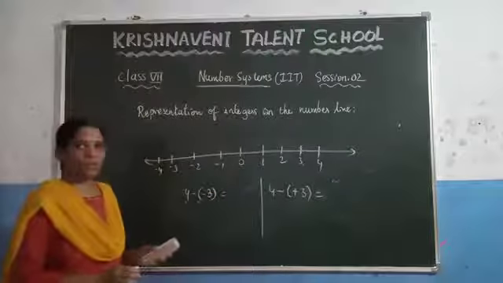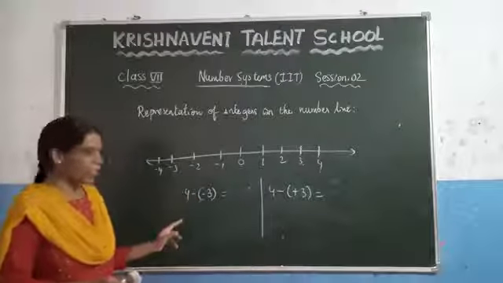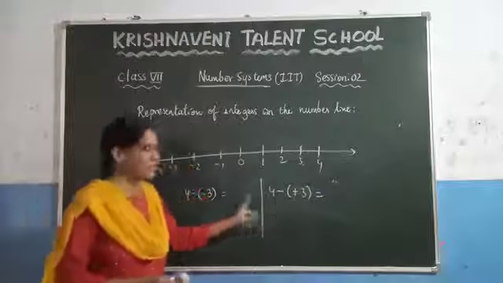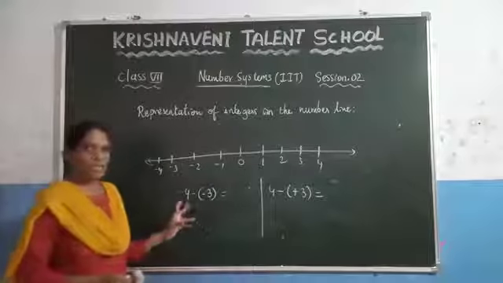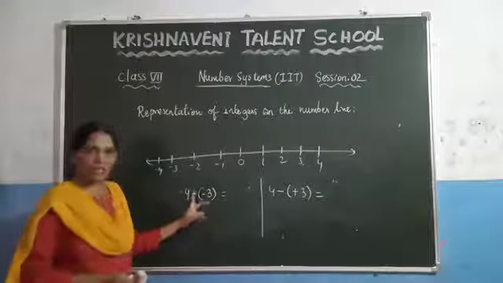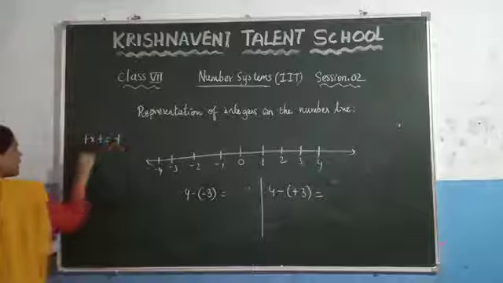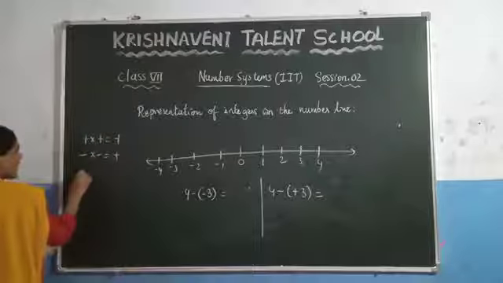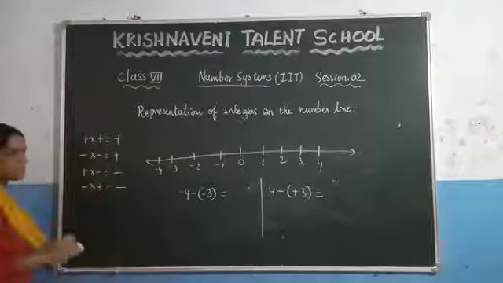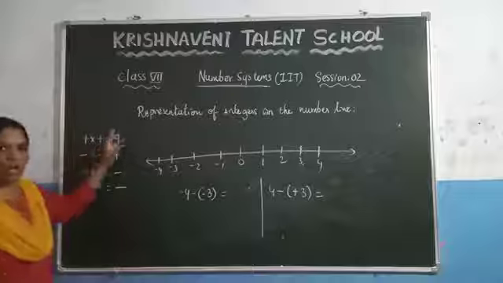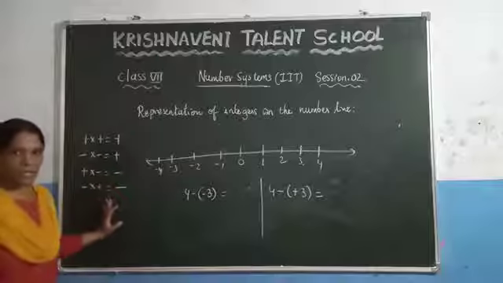Here before example what we have added a positive integer and we have added a negative integer. Here what we are doing, we are subtracting a positive integer and we are subtracting a negative integer. What we will get here? If you subtract a negative integer here, you know that minus into minus is always plus, and before this one you know that plus into plus is always plus, right? Minus into minus is also plus, and after that plus into minus is minus, minus into plus is again minus. That means if the two symbols are same, we will always add, and if the operations are different, we need to subtract the numbers.